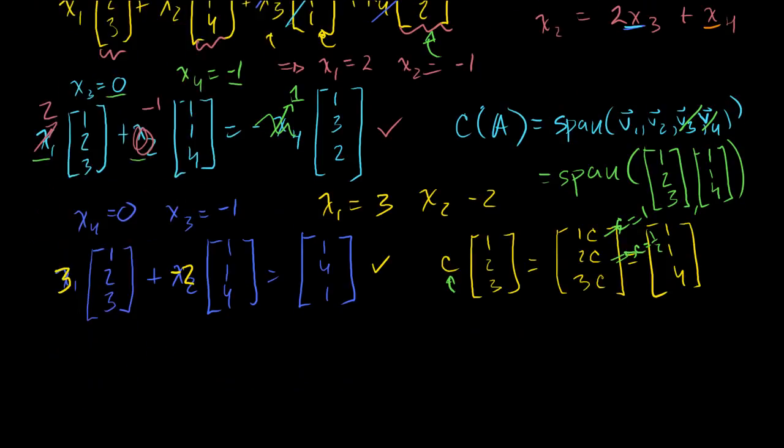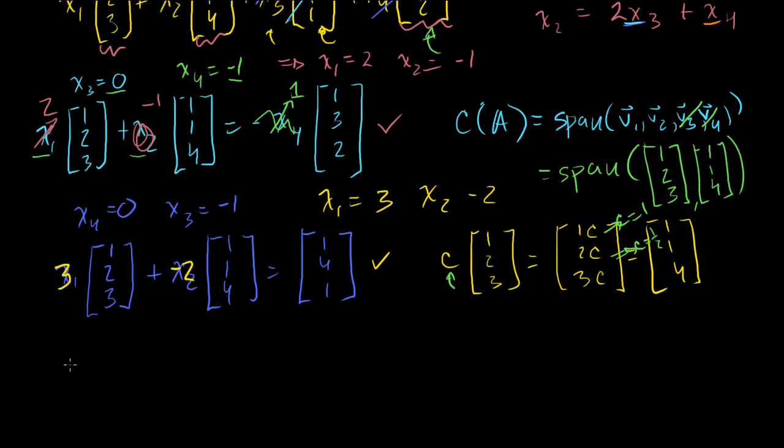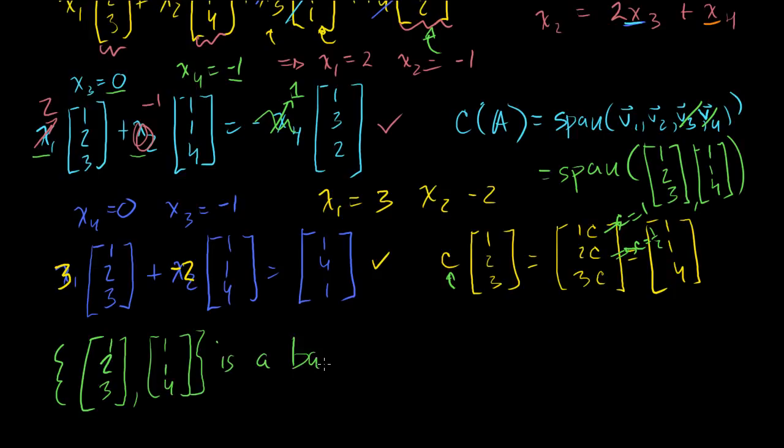We can then say that the set of vectors (1, 2, 3) and (1, 1, 4) is a basis. This is a basis for the column span of A. Now, I'm going to let you go in this video because I think I've gone well over time. But what I'm going to do in the next few videos is, now that I've established that this is a basis for the column span of A, we can attempt to visualize it, because we can say that the column span of A